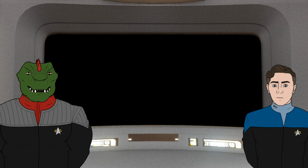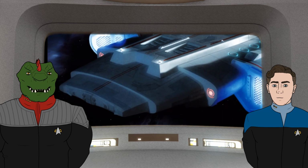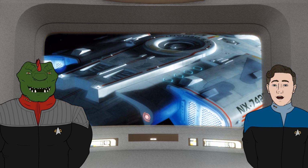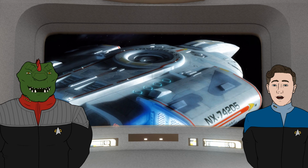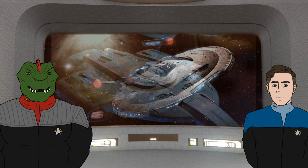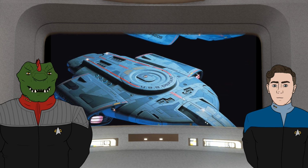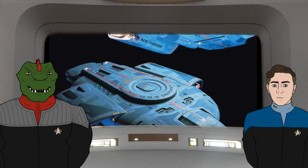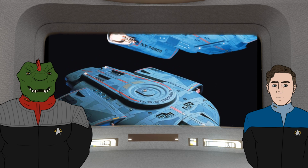All right, so my favorite out of the hero ships is the Defiant. You tripped me up. You lied to me. You said another ship was your favorite. I adore the NX design, the NX Enterprise. I love that design. But Defiant, for me, is the more interesting ship from a Star Trek historical perspective, because